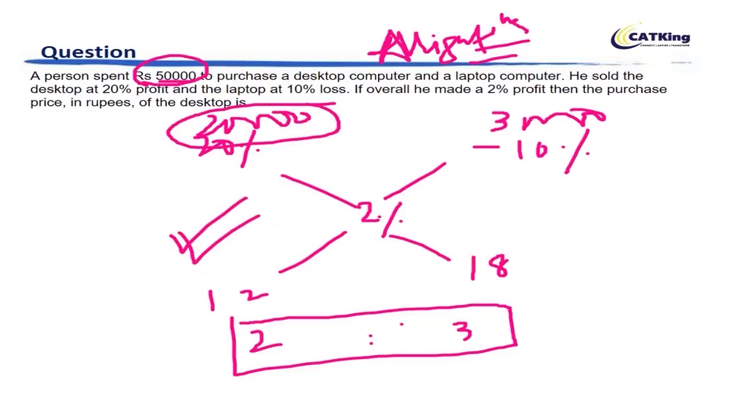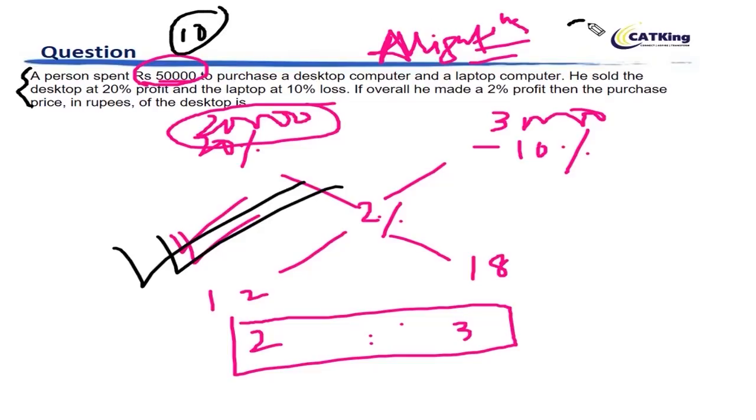This way you can solve it much faster, and therefore we recommend that you should use this approach in the exam also. I hope this is clear to you. This approach will take you somewhere around 10 seconds, while the traditional approach will take you somewhere around 25 to 35 seconds. Solving it in 10 seconds is certainly possible. I hope you've enjoyed learning it from the two approaches that we have discussed. You can take any approach as you like. If you did not understand this, you have to go back and revise alligations.